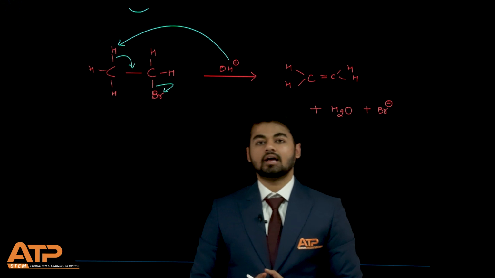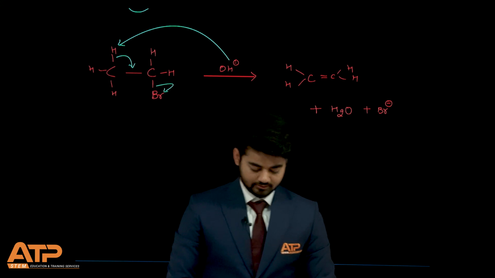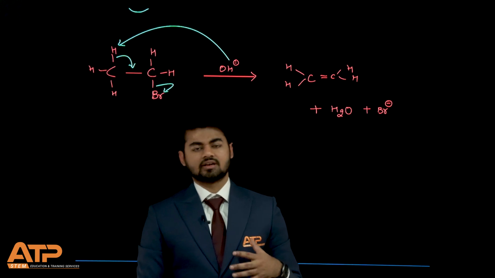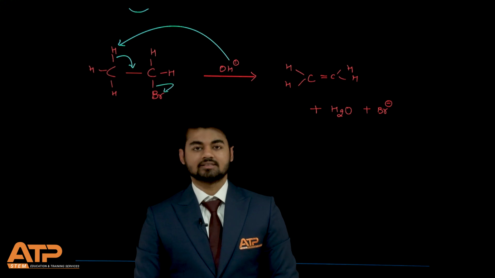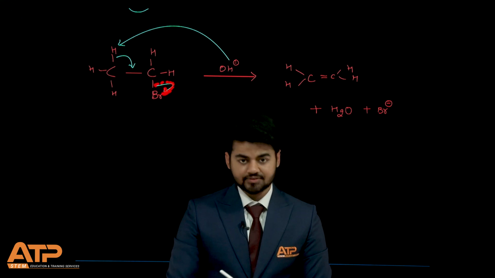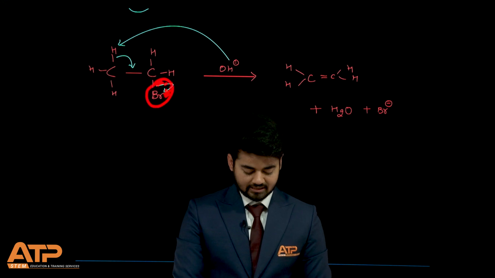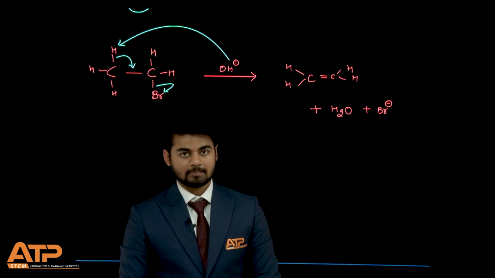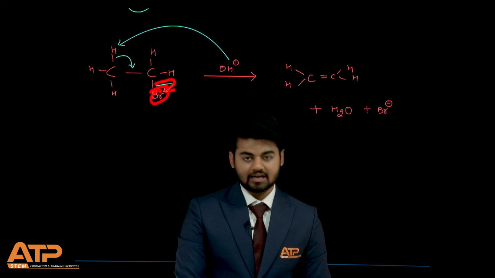So the next example I have is of dehydrohalogenation of alkyl halides. Let's see, we have bromoethane added with OH minus. Generally this NaOH, KOH is taken in alcoholic form such that it acts as a base. Anyway, for now, bromine leaves, because it is more electronegative, taking the electron pair of the carbon-bromine sigma bond, right? Hence, the electrons are transferred, the arrow starts from this bond and ends up on bromine,